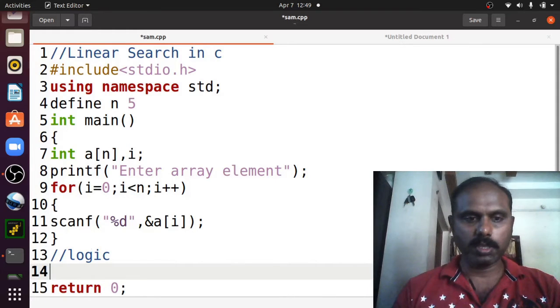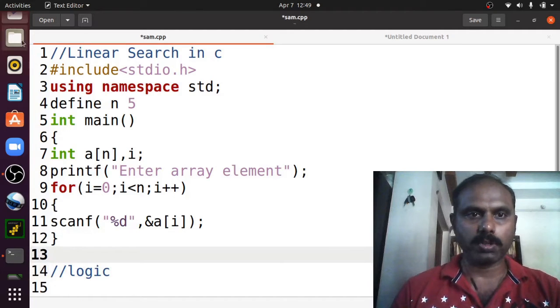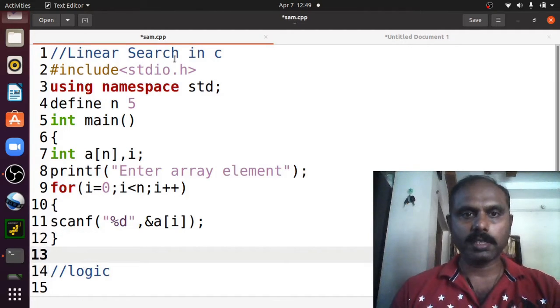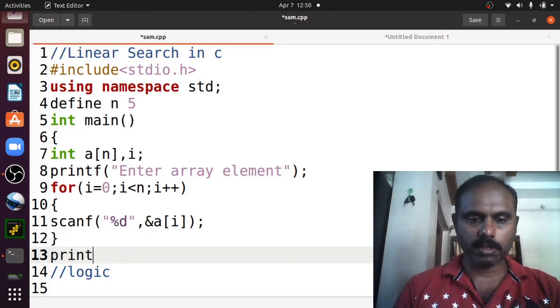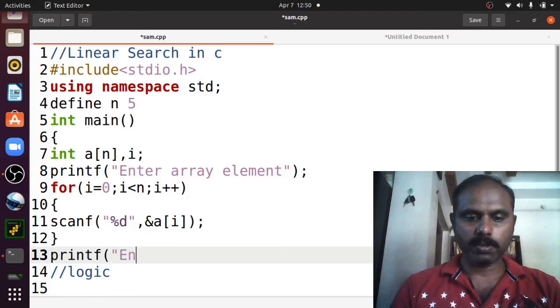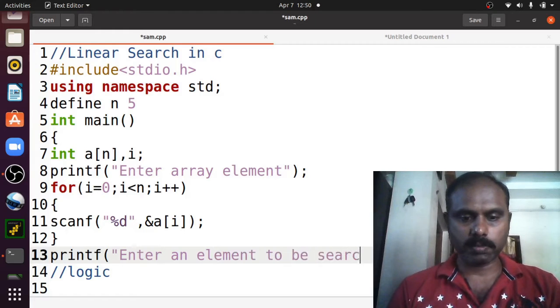Now for the logic, before logic I have to take the element which I want to search, because this is a searching technique. Linear search is a searching technique. So I have to take the value, enter an element to be searched.